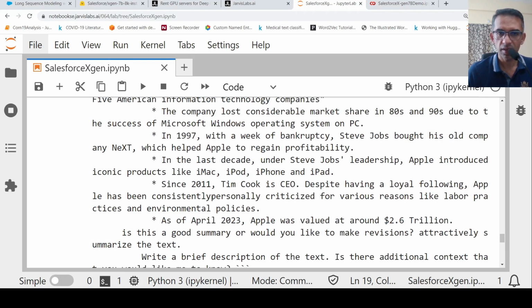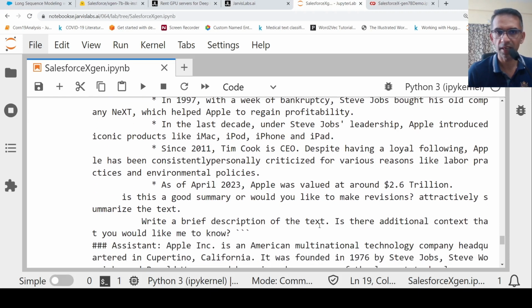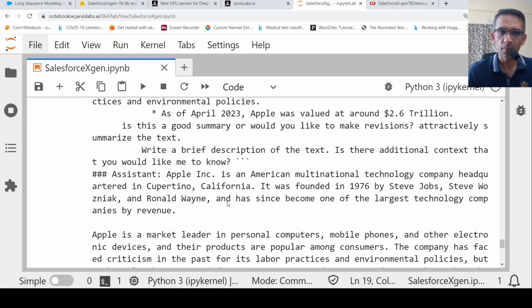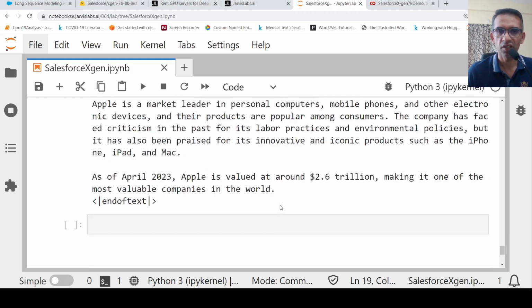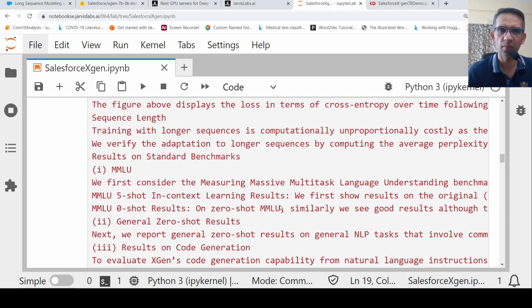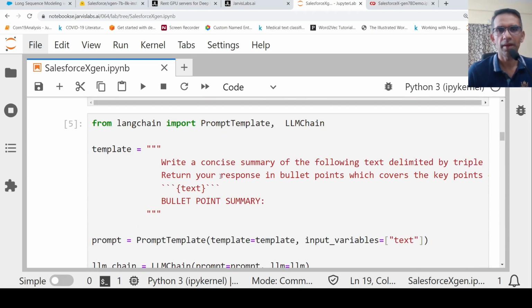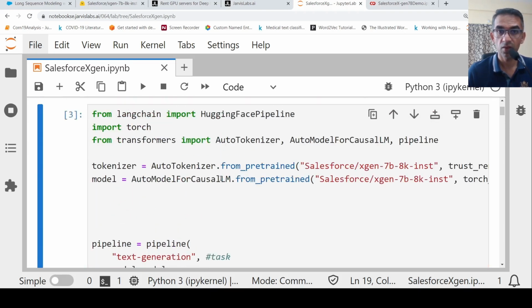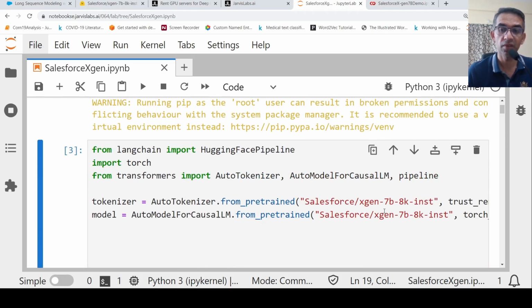It has actually generated a decent summary up to this point, and then it goes like, is this a good summary? Would you like to make revisions? Summarize the text. Some other additional text is also getting generated. I see this as an issue with the way in which I've created my prompt template. Probably if I change my template and try it out, I might get better results. Okay. So this was about using the Salesforce Xgen7B-Instruct instruction model for summary generation,